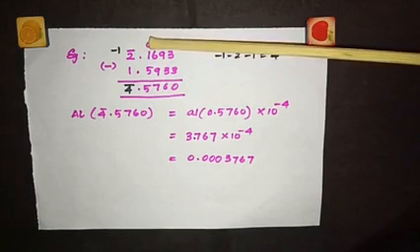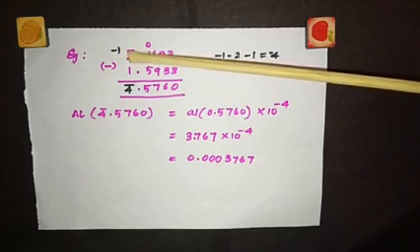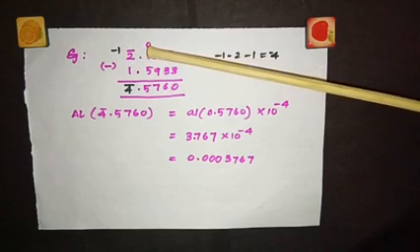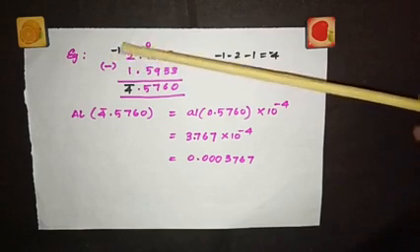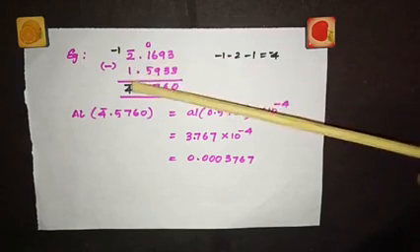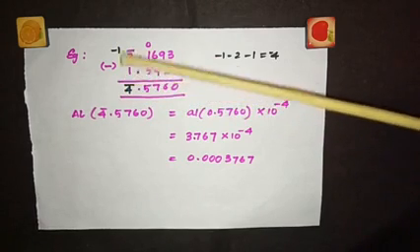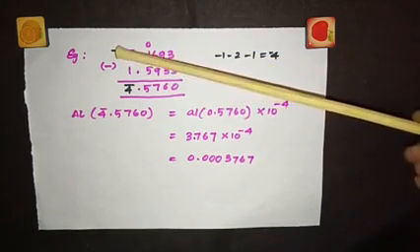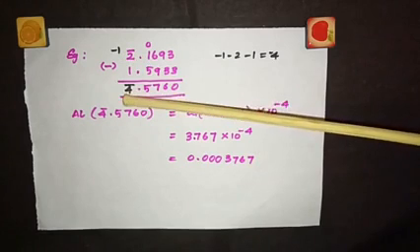See, for writing 10 here, obviously you'll borrow from here. Already it is 2 bar. If it is, for example, a positive number, like in the previous example, if it is 4, then you will write this as 3 and write this as 10. Here already it is a negative number, so you are supposed to put minus 1 to this. So this 2 bar will become 3 bar if you are borrowing from here. So 3 bar minus 1 bar, which means 3 bar minus 1. It will be like this: minus 3, minus 1, minus 1... so this will be equal to minus 4. So we write this as 4 bar.